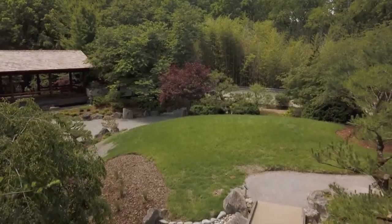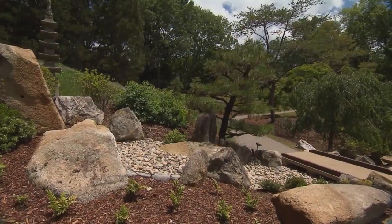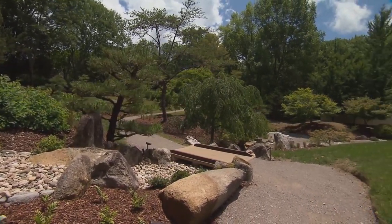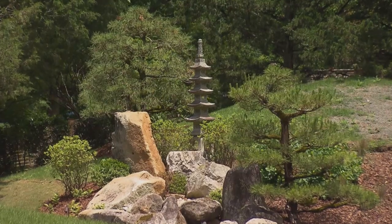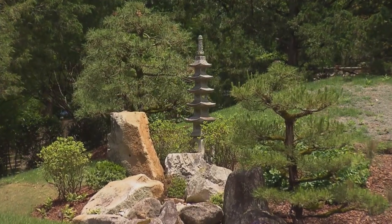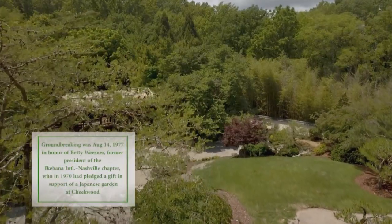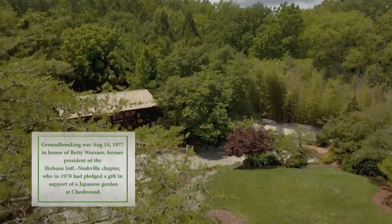When did this garden originally get established? Philip, and thank you for being here. This garden became a vision of the community of Nashville and supporters of Cheekwood in the mid to late 70s. It actually rose out of the interests of a women's group in the local Ikebana club. They were drawn to Ikebana because, unlike some of the other plant societies, it was less based on competition and more based on just the free exchange of art forms, and kind of developed over a period